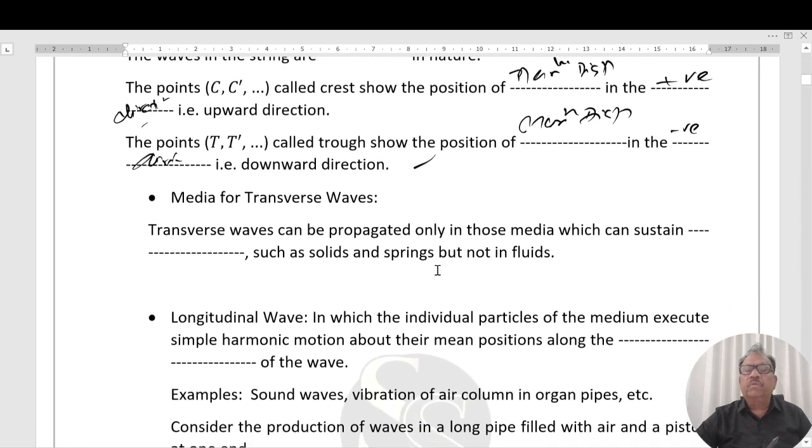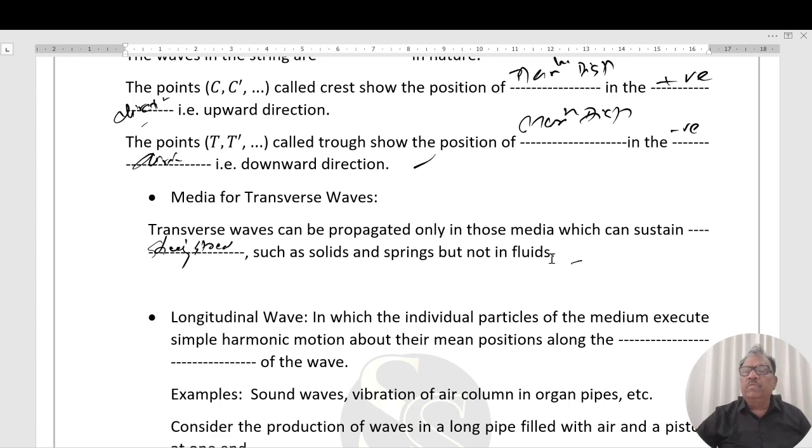Media for transverse waves. A transverse wave can be produced in media that can sustain shearing stress, such as solids and strings, but not in fluids, right? Next,